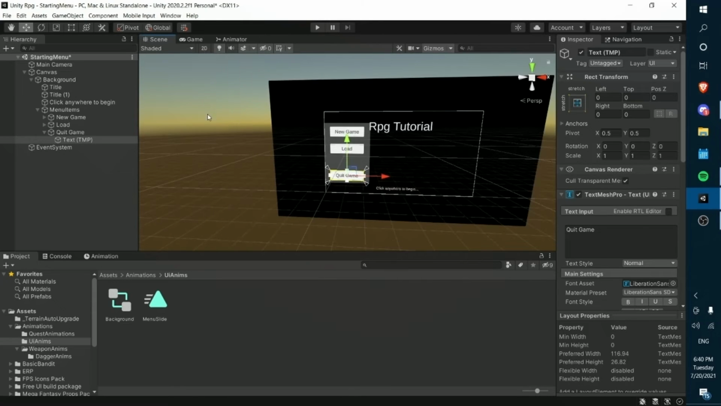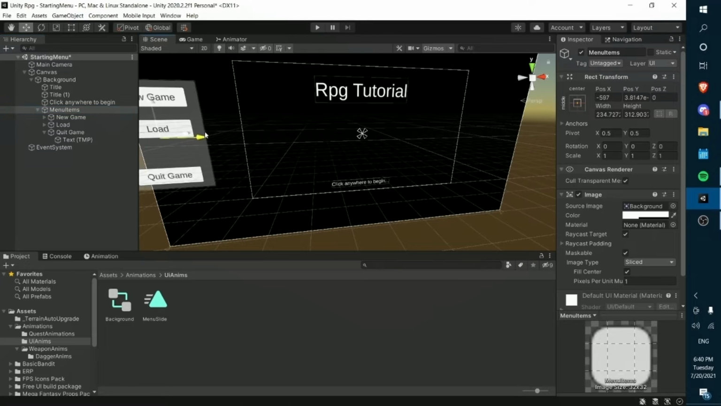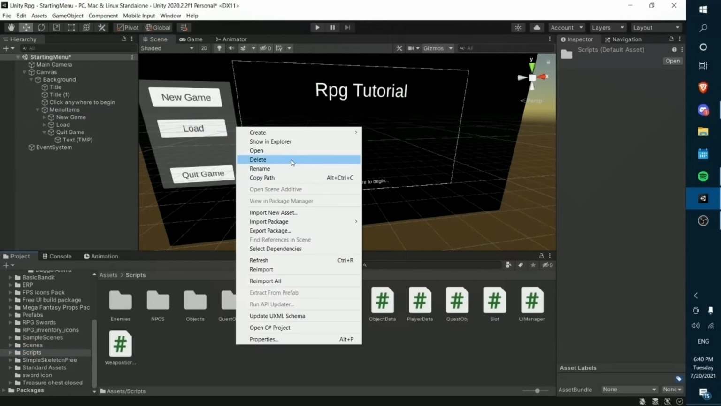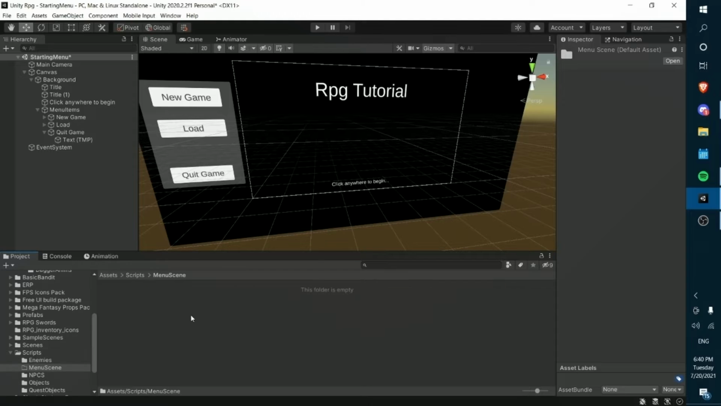So great. Now what we're going to want to do is make this menu item default to be over here. And we're going to create a new script in another folder called menu scene, and we're just going to create a new C# script. So right click, create new C# script, and we're going to type menu